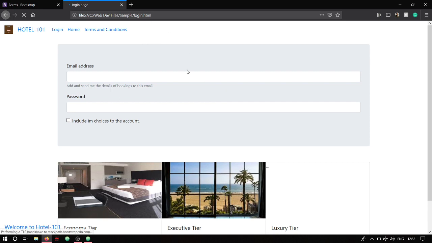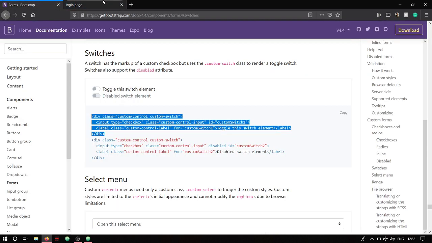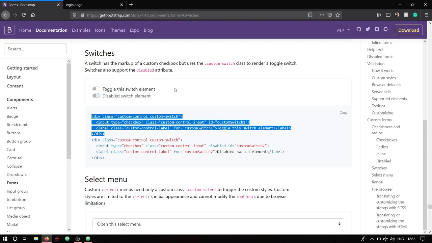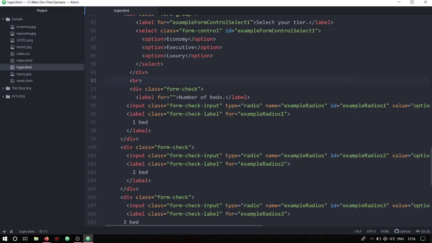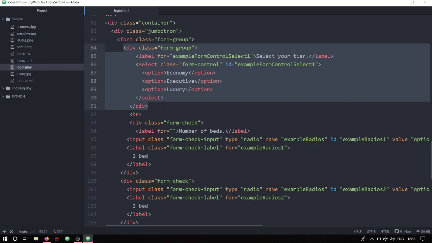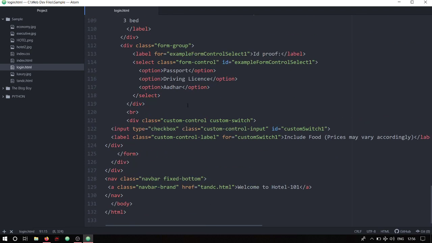Again, it is taking a time to load, and okay, here you have a number of beds, 1, 2, and 3. You have select your tire, and you also have a drop down list to work from, and you also have include food. That will be prices may vary. And now there are 2 more things that I need to give. One is the payment options, so I'm going to copy the same example select from here, and I'm going to give it after the toggle switch,